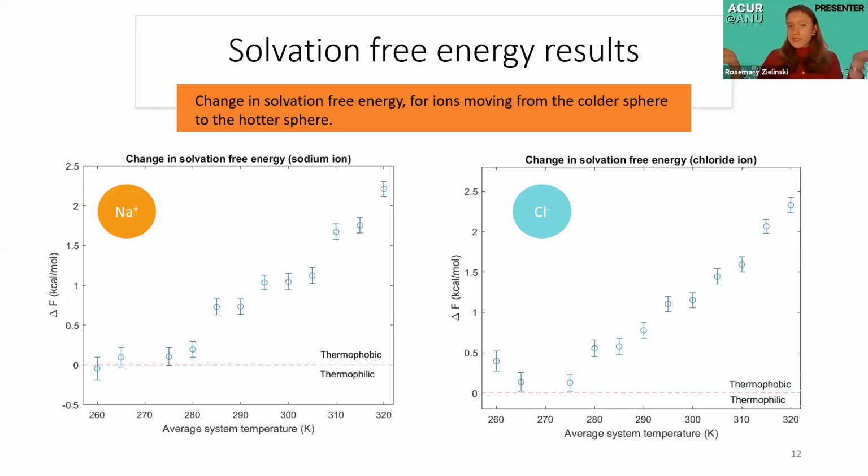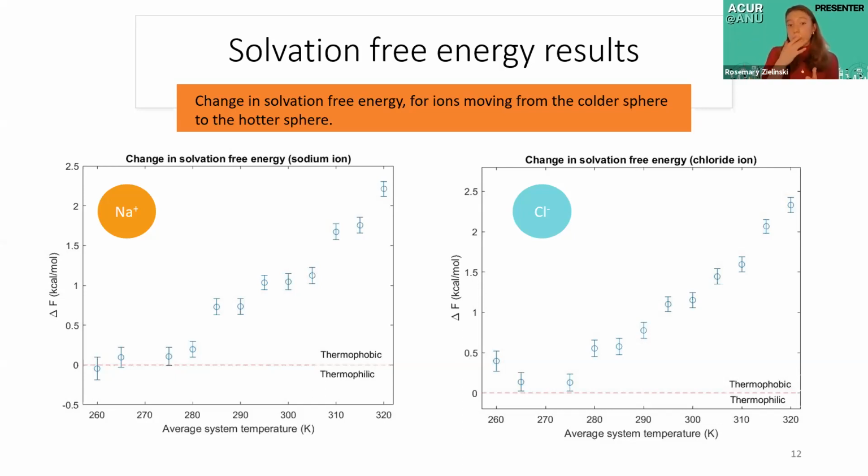Why do we know this? This is because the free energy change is not 0. They're clearly showing a preference to be in one of the spheres. And you can see I've also split it up into thermophobic and thermophilic regions. But we also noticed that sodium and chloride tend to be broadly thermophobic, so they prefer to be in